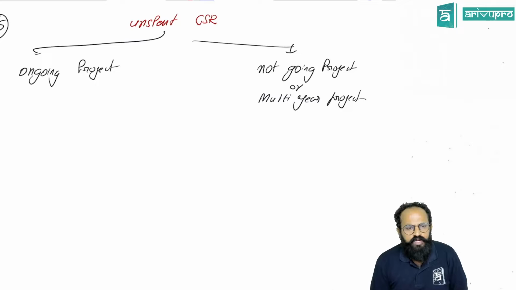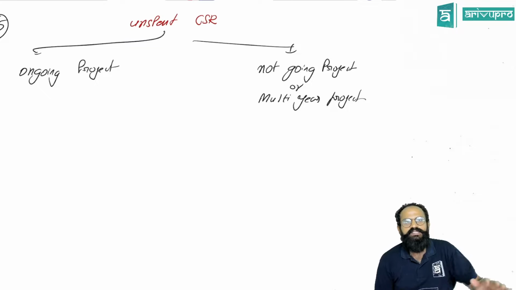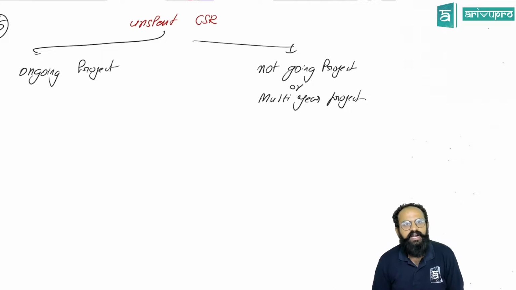Yes, sir. So what about sponsoring the education of all government schools, where the company provides for catering, that is food? Is it considered as administrative expense? No. Administrative expense is something which is taken by the people maintaining that particular CSR. It can be that the CSR committee people establish an office for the committee, or they are claiming traveling allowances. Those are not considered as CSR. That will come under administrative expenses.